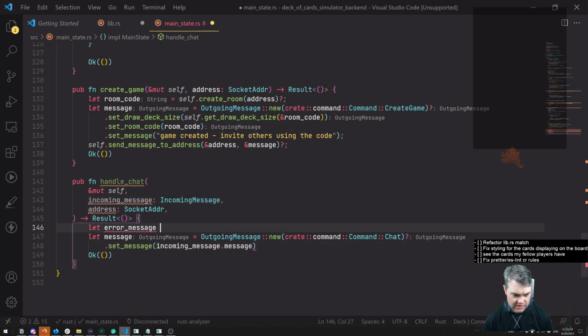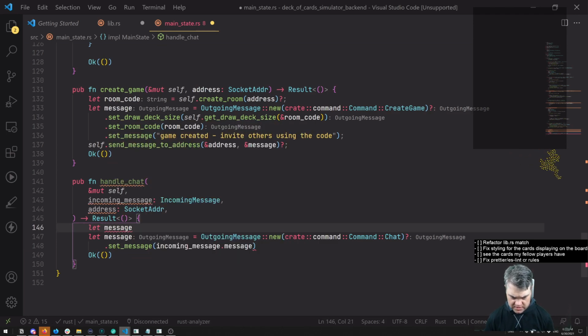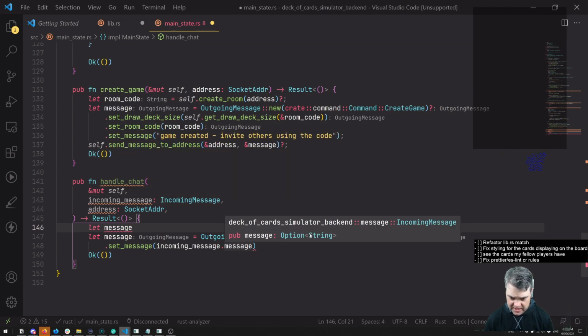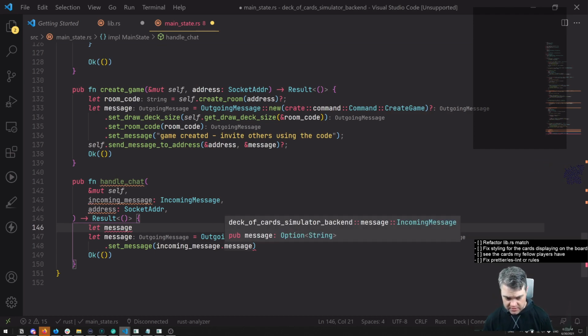So we need to get this message out first. So let's do that. Message. I guess we'd be creating two different outgoing messages depending upon whether or not this is going to be an error. So basically, if we don't have an incoming message, because this is locked behind an option, so it's an option string. If we do not have a message in here,